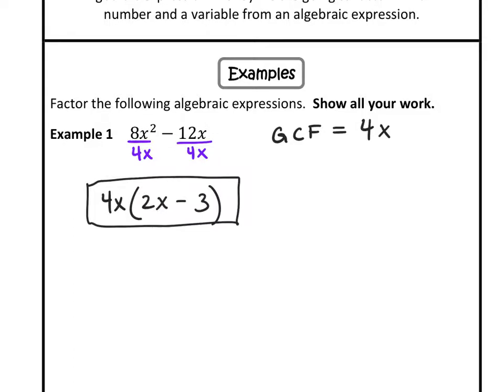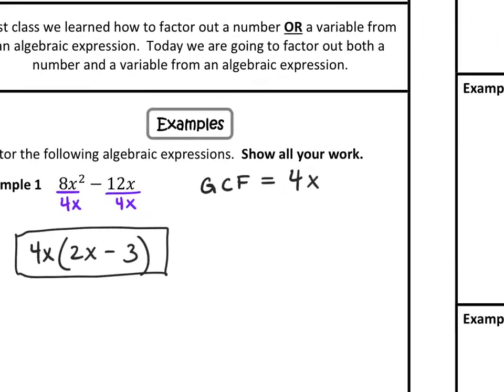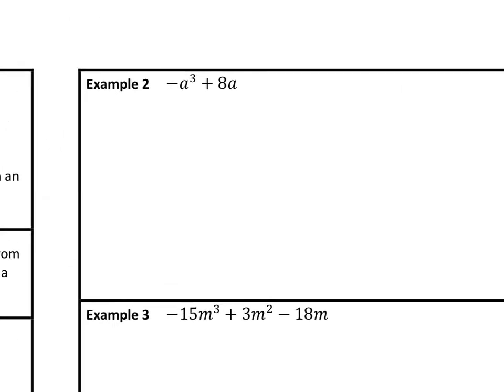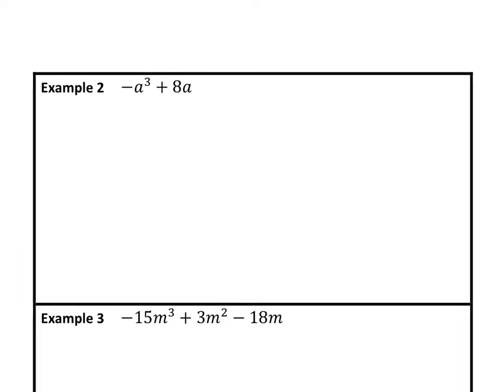All right, so this is kind of a basic one. And again, we're factoring out both a number and a variable. So that's the only difference for today's lesson. All right, so let's look at example 2. Let me slide over here. Okay, example 2, again,